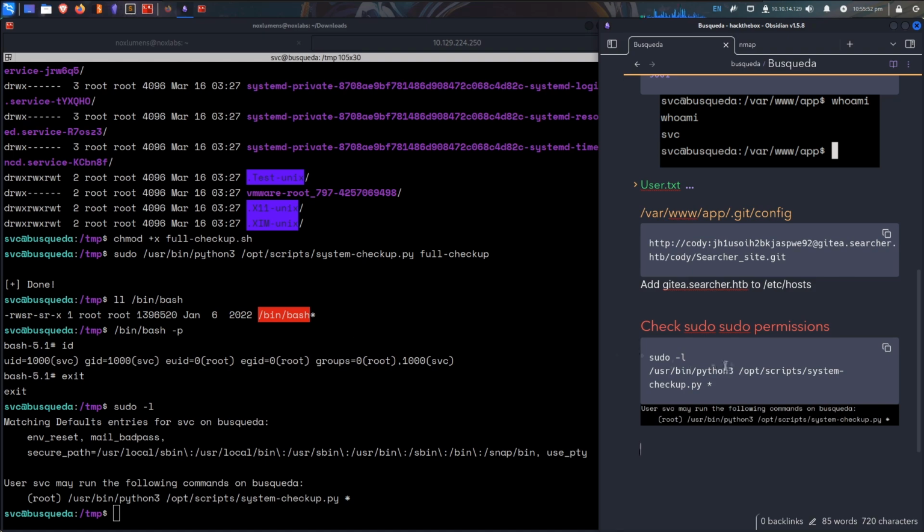I can't believe it. Oh man, that truly was an easy box. So this is on the TJ Nulls list. I am highly surprised. I hope that the OSCP is actually this easy. So anyway, what were our steps? We checked sudo, we ran some regular enumeration. SQL was running, but honestly, this is the most interesting thing. We ended up looking in